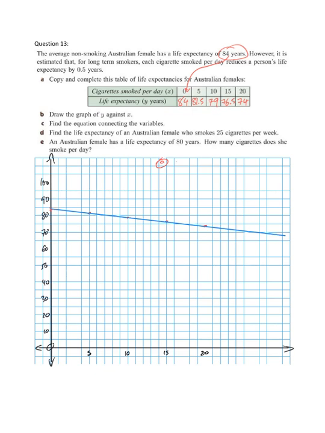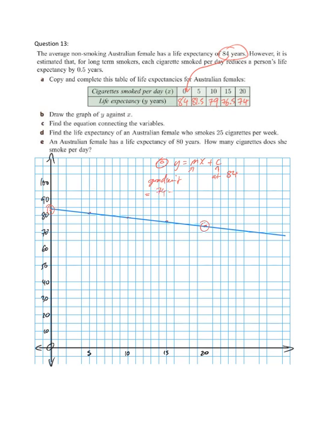So equation is y is equal to mx plus c. That means I need the gradient and I need the y-intercept. I already have the y-intercept. Y-intercept is at 84. I need the gradient, so I need 2 points. I'm going to start off at 0, 84, and I'm going to end at 20, 74. So the gradient is going to be